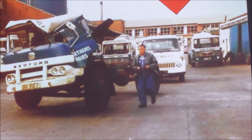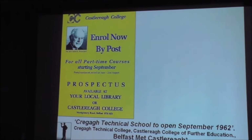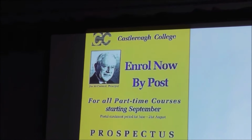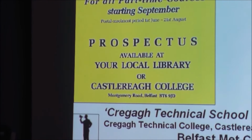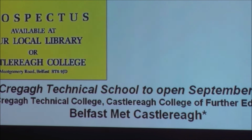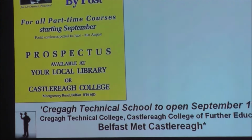In the background there, we can see there Cregagh Tech. Cregagh Tech. Now, so again, the old newspaper article said 1962, Cregagh Technical School will come into operation early in September 1962. Had a number of changes in names over the year: Cregagh Technical School, Cregagh Technical College, Castlereagh College of Further Education, and Belfast Met